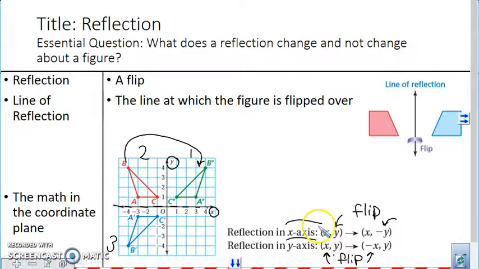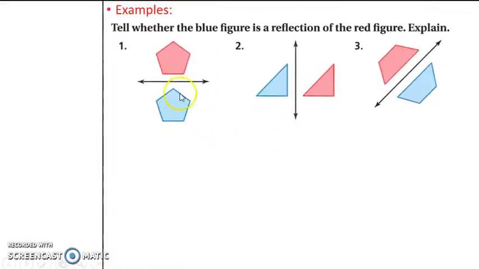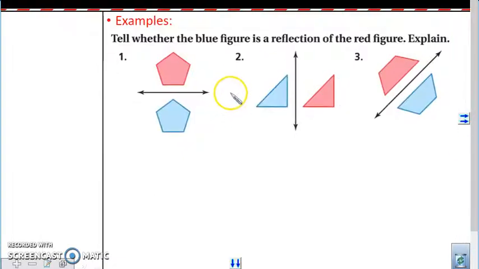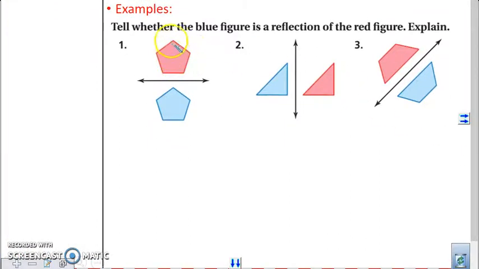All right. So let's go ahead and start off with ones that I'm so proud of you if you can do. They're basic. All right. Tell whether the blue figure is a reflection of the red figure. Our first one: if we were to flip this one, the top would become the bottom and the bottom would become the top. Is that what happened? So no,